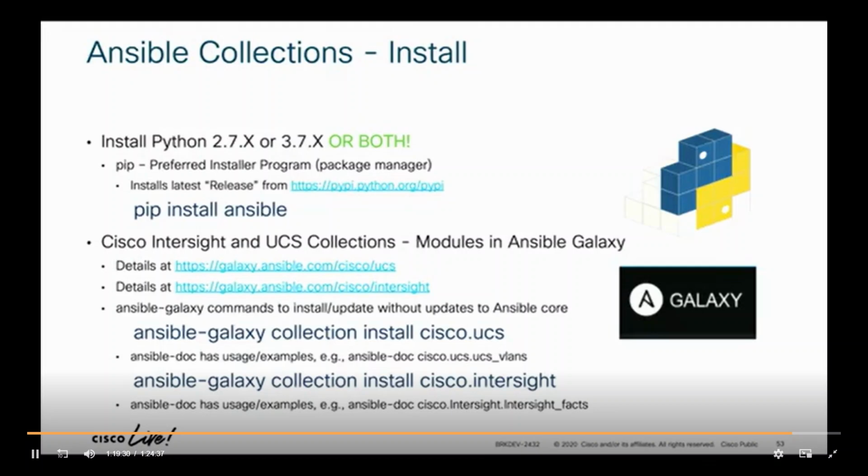In future versions of Ansible, it may be starting with Ansible 3, all the vendor modules are going to be pulled out of Ansible. So what the vendors are doing, what we're doing for Intersight, what we're doing for UCS, is we're creating collections. So in the future, if Ansible doesn't come with UCS Manager